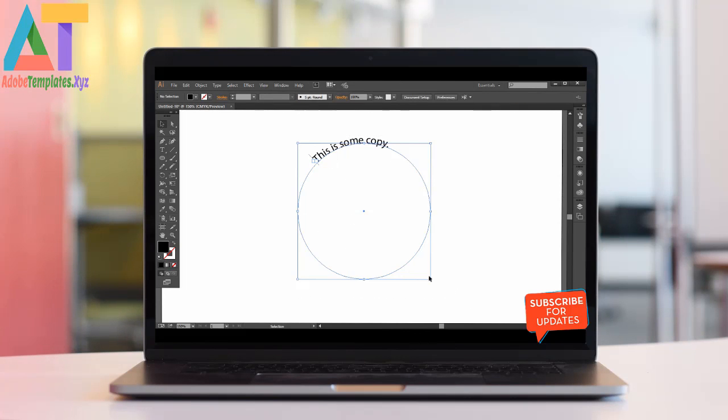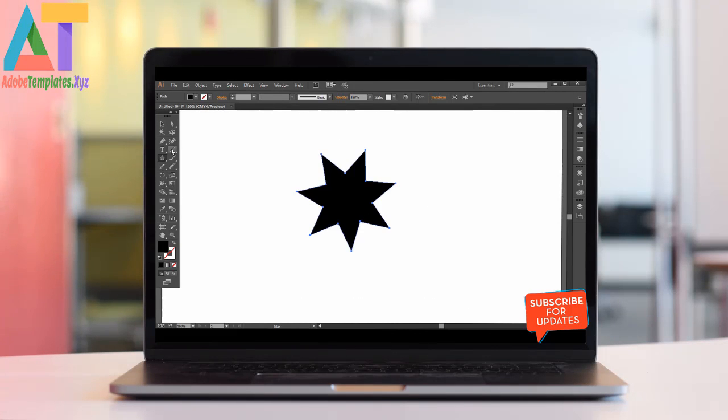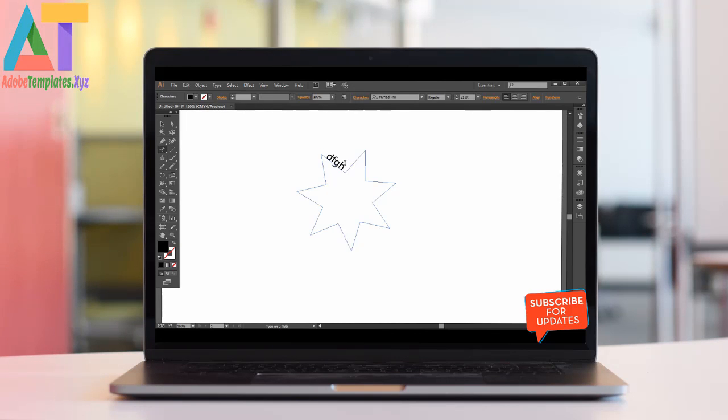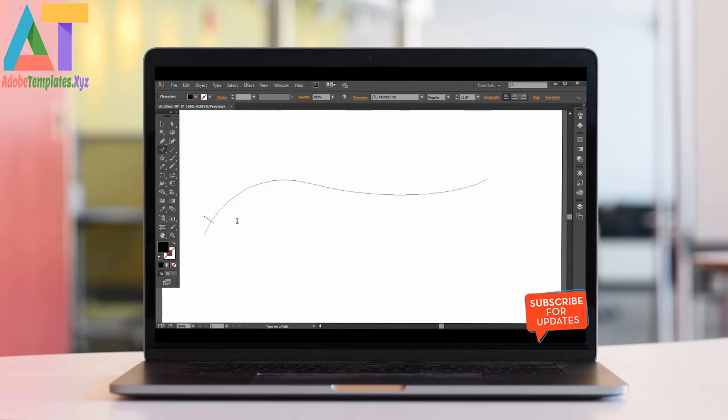But if you want to do something more customized, you could do even like a starburst. You can add type on a path to it too, and it can just go around the edges. Pre-made shapes are fine, but you can also create an original shape. A lot of times we'll use the pen tool and click and drag, click and drag. It doesn't matter that we have a fill or a stroke, because it's going to erase it once we use the type on a path tool. Just make sure we're on this path here, and then